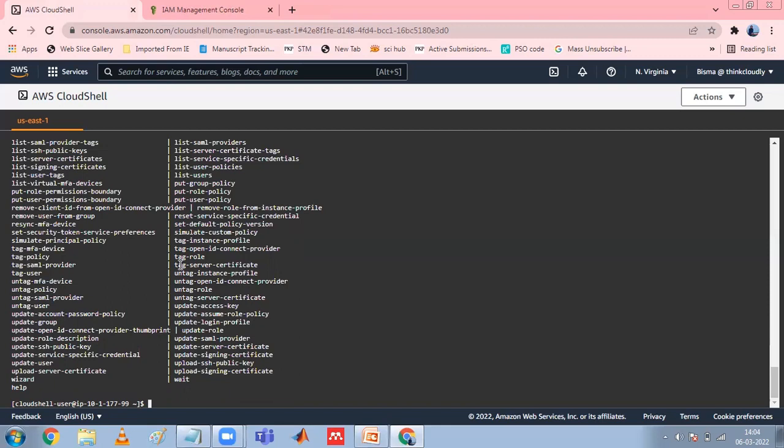Suppose this user needs to manage EC2 services. To grant this new user EC2 admin rights, start by listing which EC2 policies we can grant. Use this command, aws